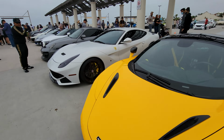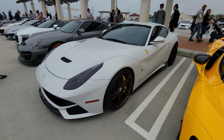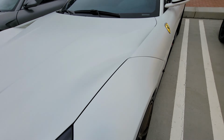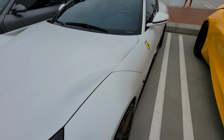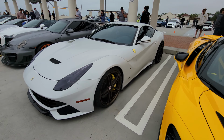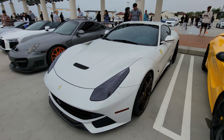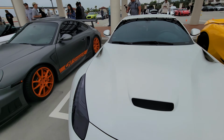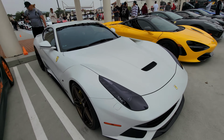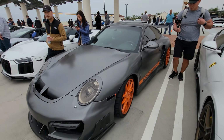720S. Another F12. Now this one is matte white, and I believe it's a wrap. Yeah, that's a wrap. Basically what he did was use invisible shield, but instead of clear invisible shield, he's using a frost invisible shield, and it basically makes the paint go flat. Really, really cool. Very cool. And speaking of flat, here's